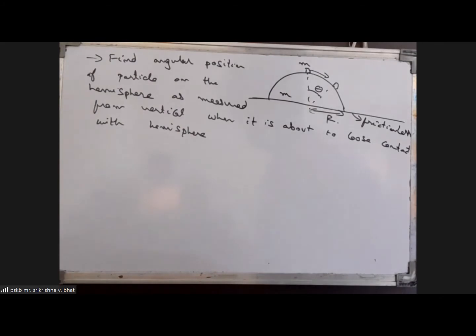Big M and small m have u velocities in opposite directions along horizontal. And along vertical, small m should have velocity 2u tan theta, because in the reference frame of the hemisphere, its velocity should be tangential to the surface. So its vertical component should be 2u tan theta. And normal force should be 0.